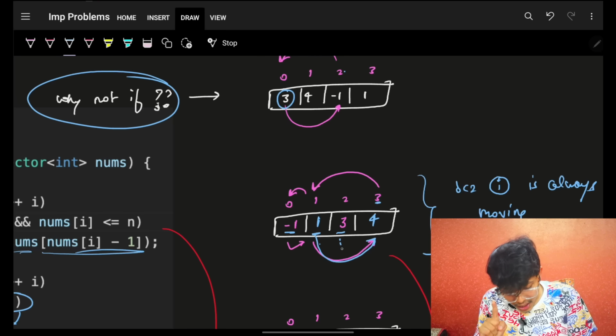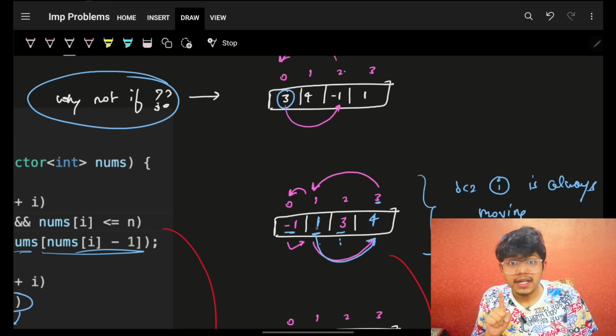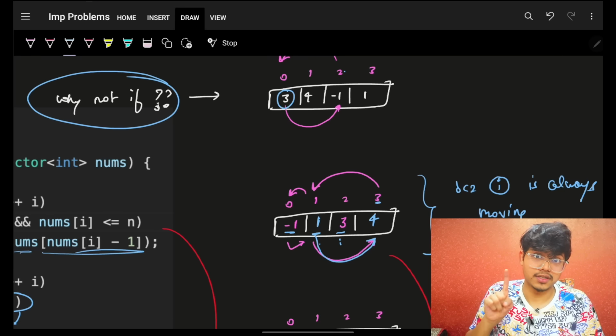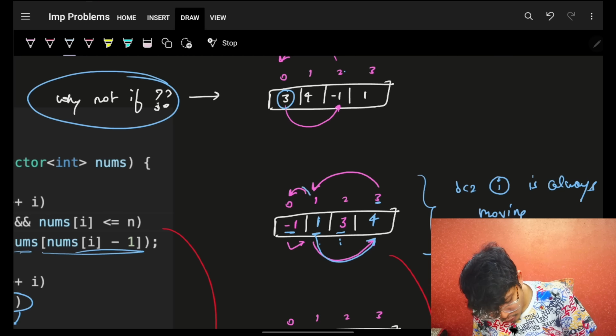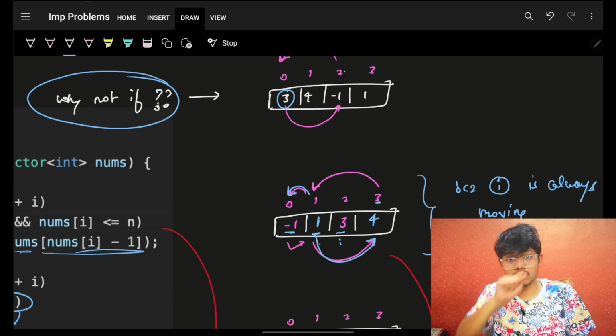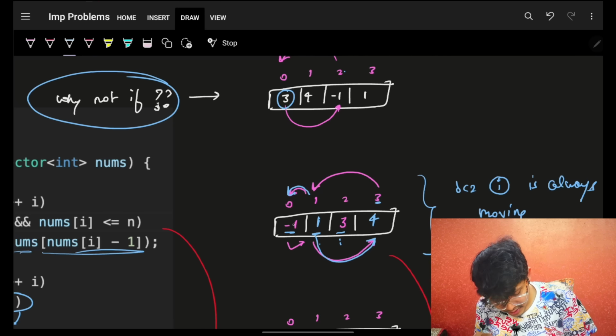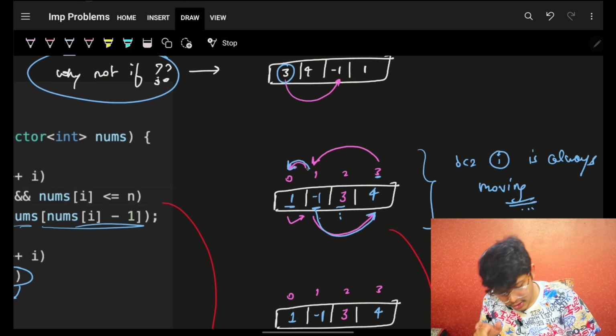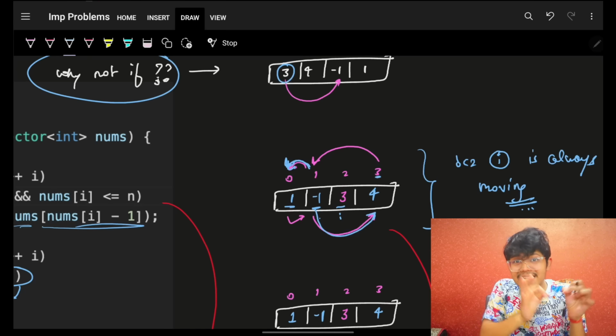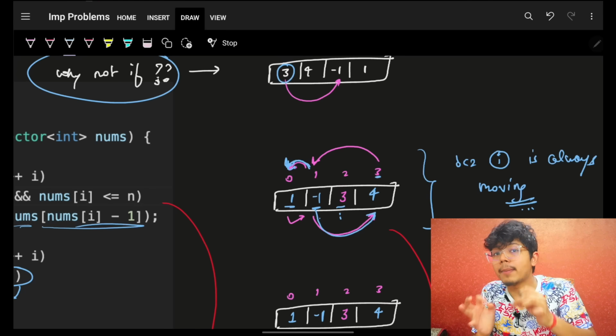But if your I moved, you will see the 1 is still not at its correct location. 1 needs to be at index 0. So 1 has to also go back to index 0. It should again do a swap. It will come here. Now minus 1 is here. That is the reason you actually saw that 1 should keep on swapping until